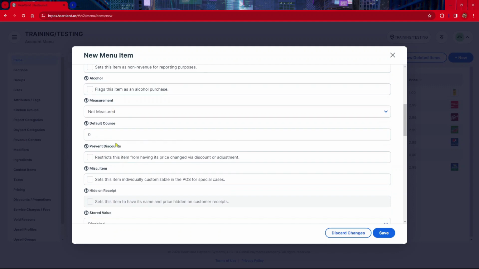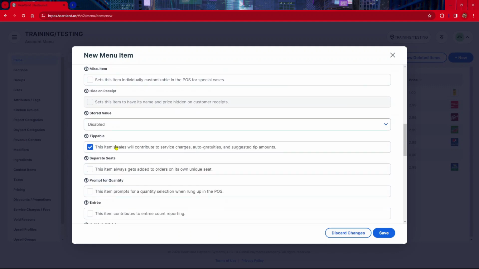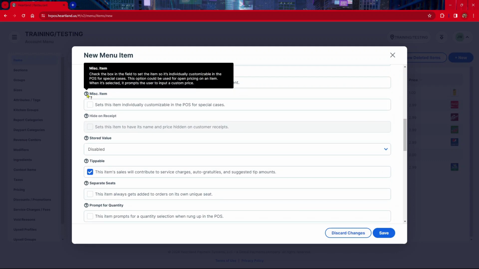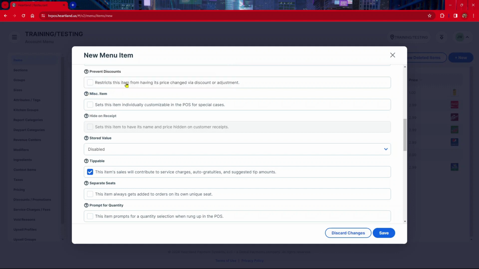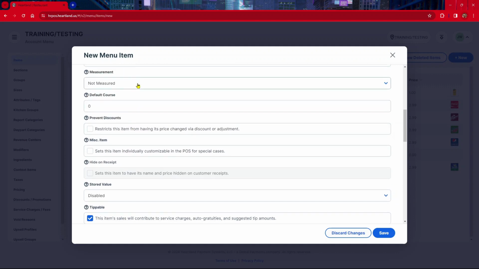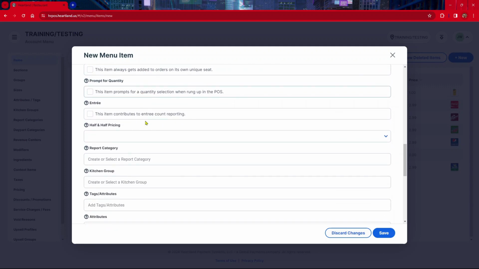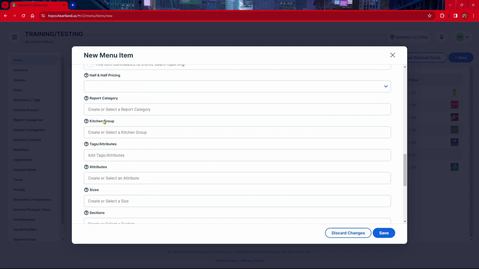And most of these other ones you can skip. Now remember, if you hover over the question mark with your mouse or stylus, you can see a description of what that field is. And some of these fields you may want to use for your items, but just to add a quick item, I'm going to skip these and go down to the next important option here, which is